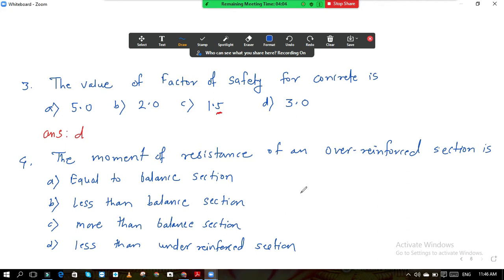The moment of resistance of an over reinforced section is more than balanced section. So here the answer is C. You can write the answer properly. Okay, so in the next lecture now we will